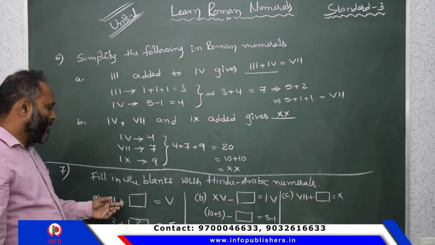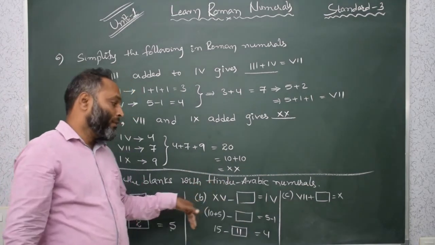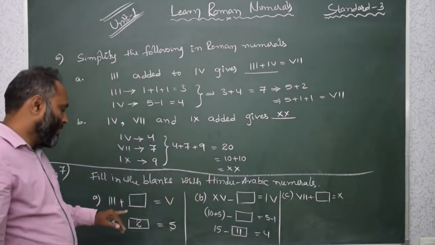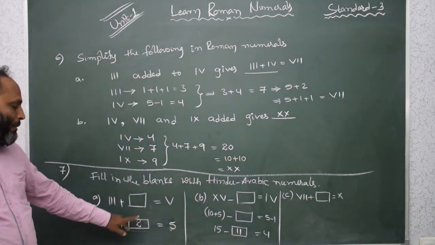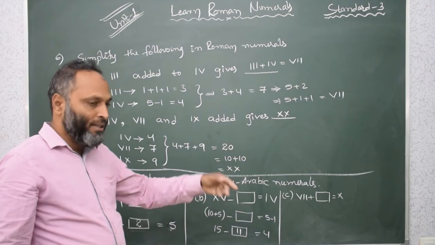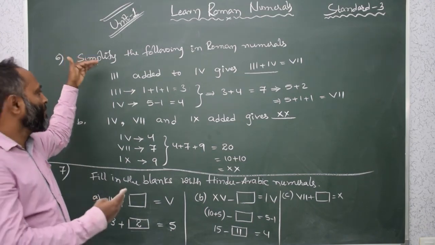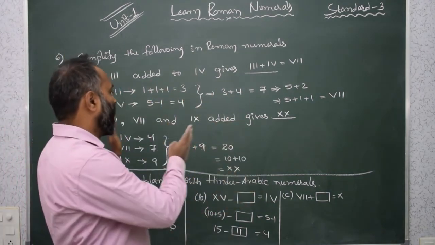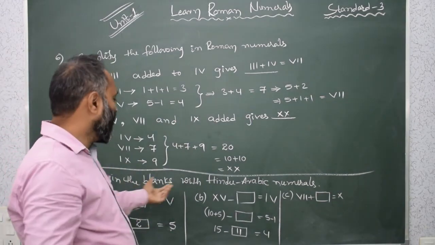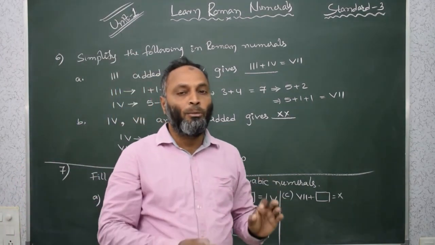In the same way, but here it is asking for Hindu-Arabic numerals, not Roman numerals. First you have to convert the Roman numerals into Hindu-Arabic numerals. Then after that you write your answer, like 3 plus what makes 5. According to the sign, if addition is there, then add. If subtraction is there, then find what answer should come. So this is the procedure. Then simplification: what to add to give this, and what to add to give that. If he asks for Hindu-Arabic numerals, we have to write Hindu-Arabic numerals only. If he asks for Roman numerals, you have to write Roman